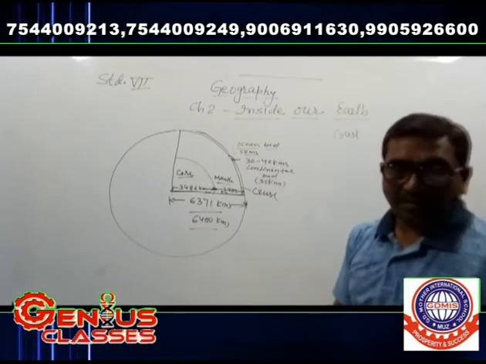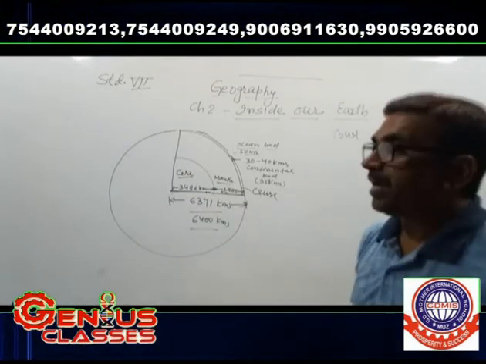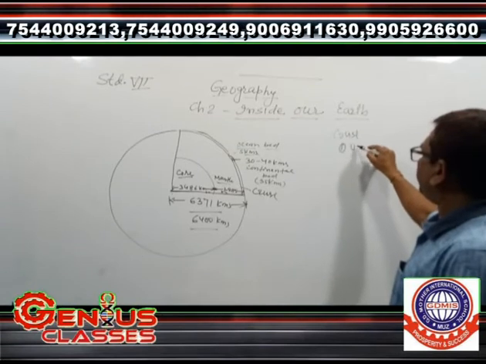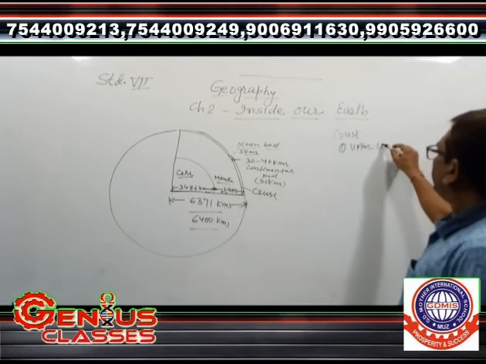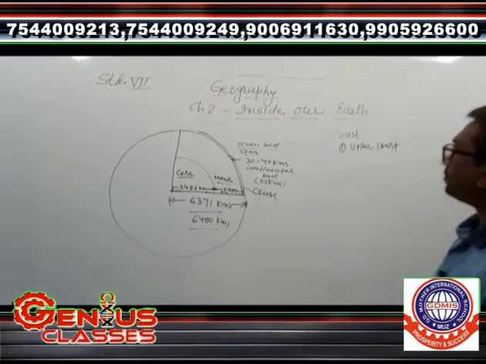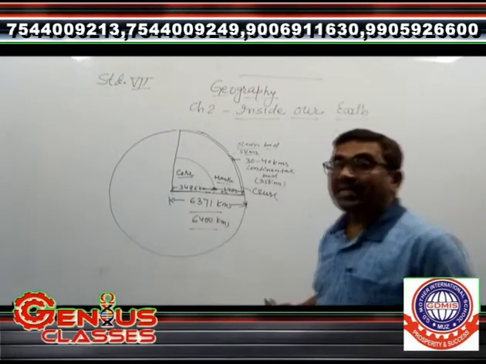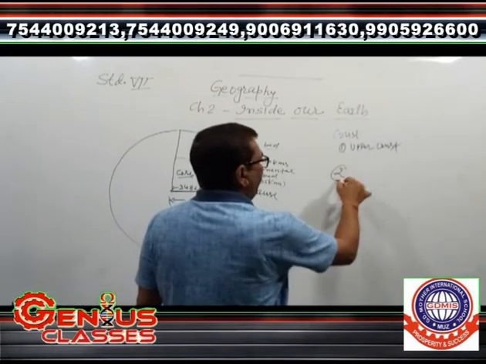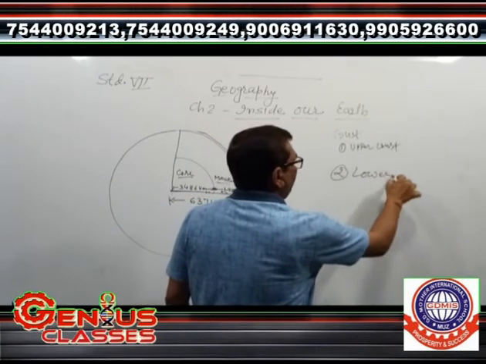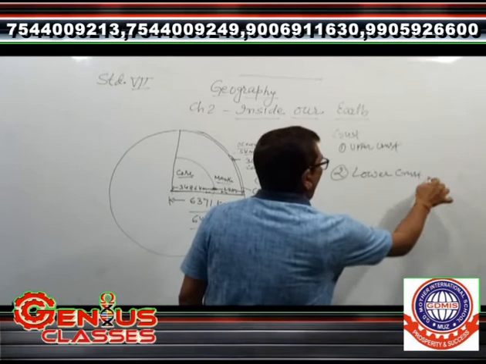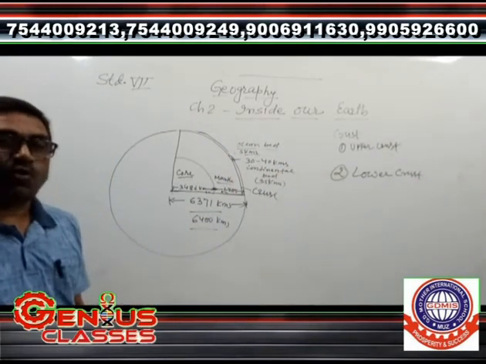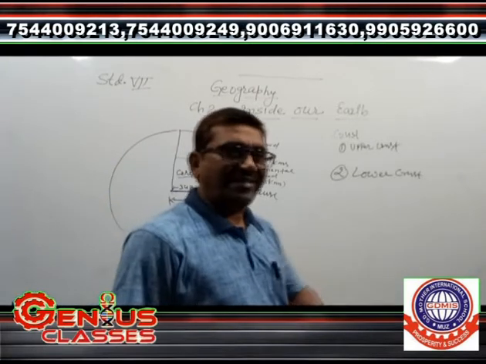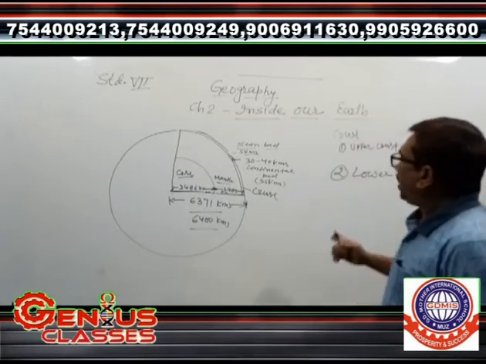Crust. What is the crust made up of? It has been divided into two parts. First is the upper crust, the upper part of the crust, and second is the lower crust. One, we are talking about the upper crust. Second, we are talking about the lower crust. There is a slight difference, that's why I have written it. Upper crust,